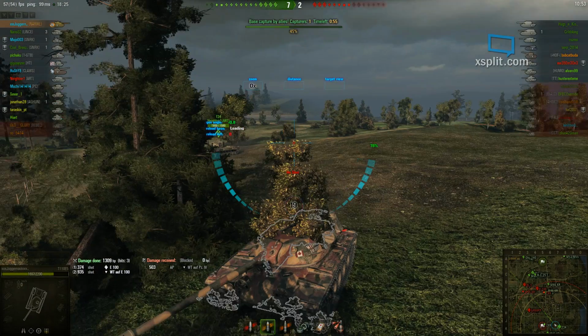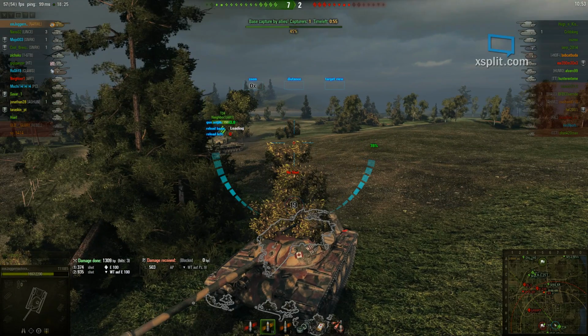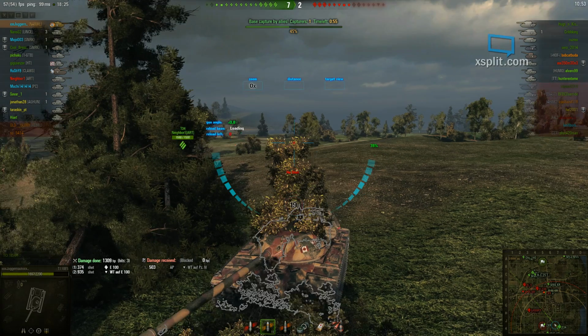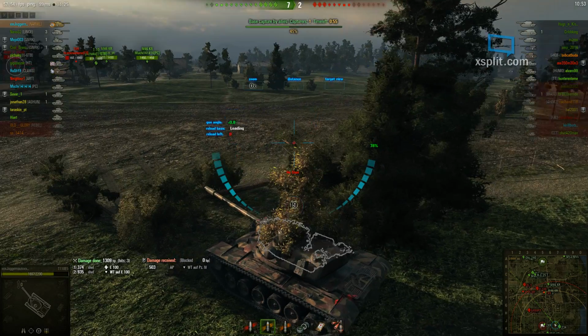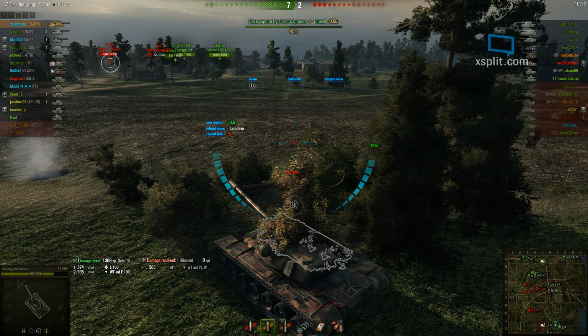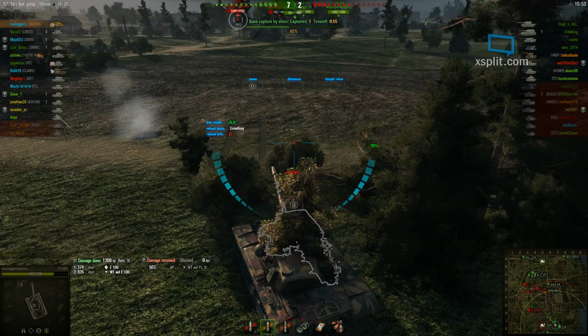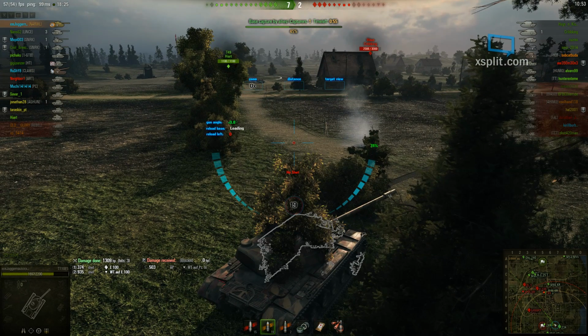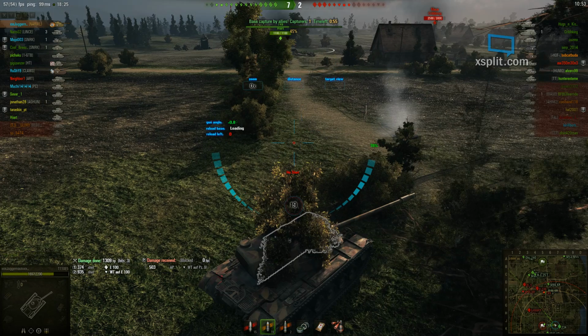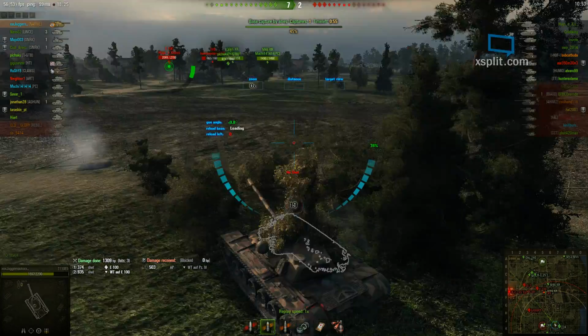Red is penetration, green is non-pen, and then also on the left side of my screen, when they shoot you with a gold round, it'll actually be yellow, and it doesn't have a dollar sign by it. One of mine had a dollar sign by it, but I think it's yellow, or it'll say something like APCR, and if you know your tanks, what is APCR, consider it a gold round, or it'll say heat, and it'll be yellow or gold in color. But anyways, so